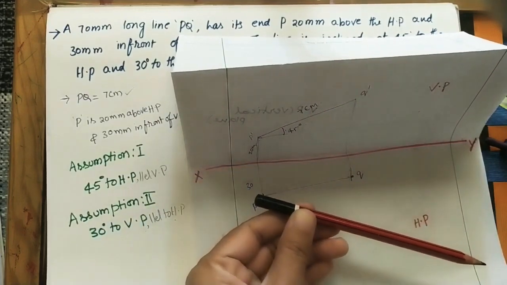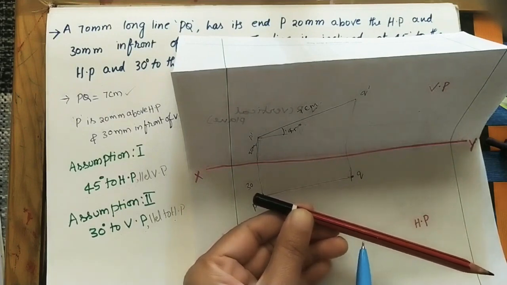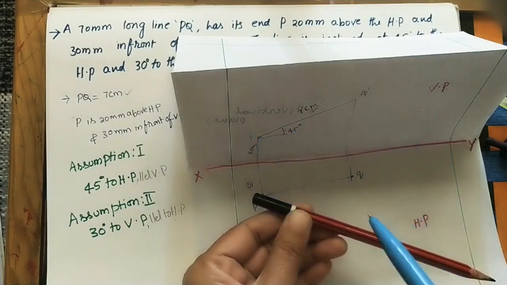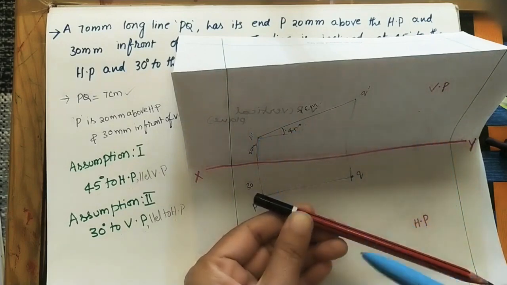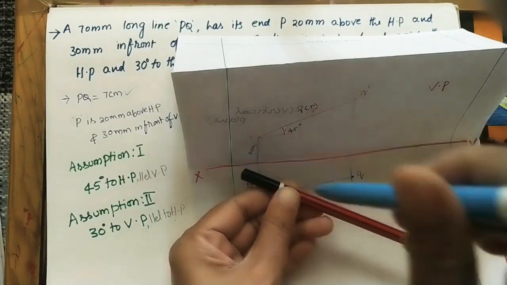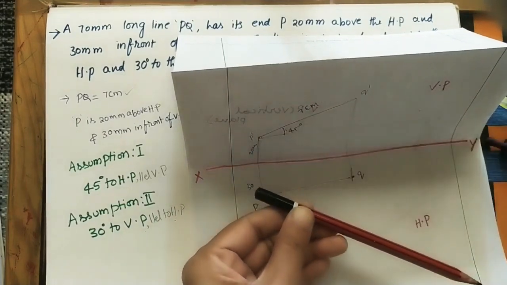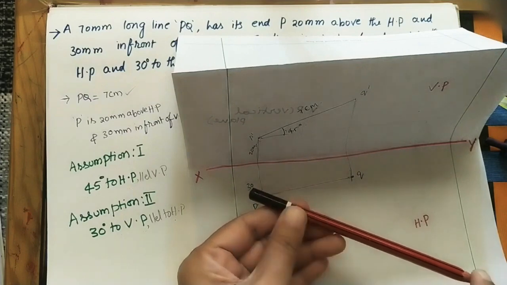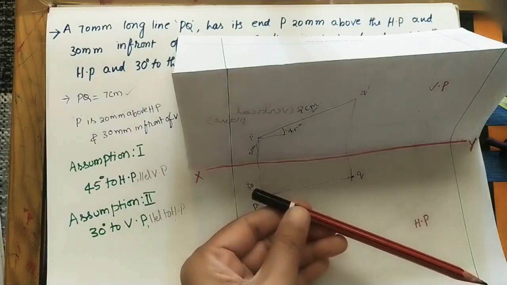For this we have to do the front view and top view. In the front view, this inclined line is looking like a horizontal line. In the top view we can see the inclined line. If you see from the top, we can see the entire length. So where is the true length coming, in the front view or in the top view? In the top view we can see the entire length. It is called the true length. First do the true length of the line.